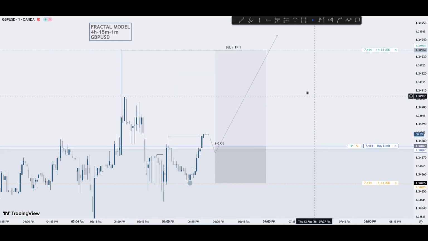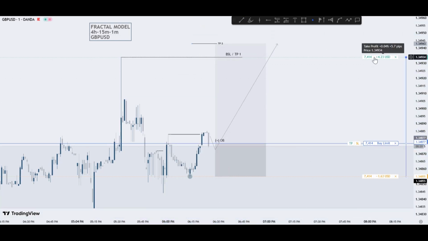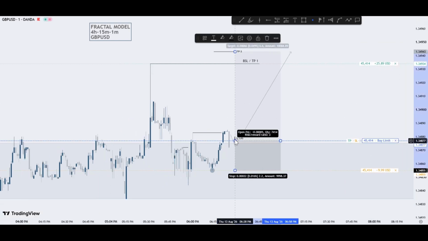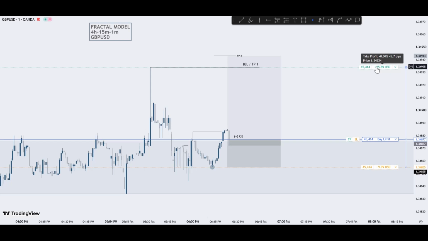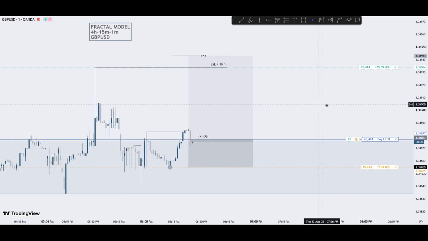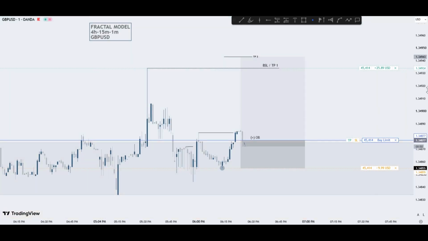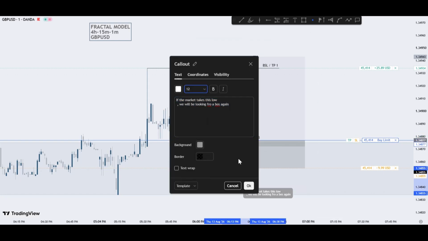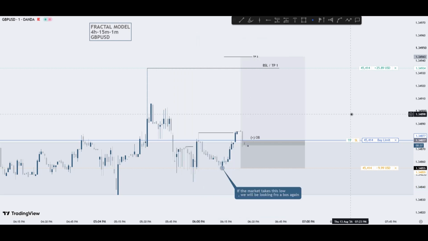After the liquidity sweep, we'll look for a change in state of delivery, followed by a clear break of structure. Once the structure confirms our direction, we'll identify the extreme order block, or the relevant entry zone. We'll then wait for price to retrace back into that area before entering the trade. Our stop loss will be placed beyond the invalidation point, while the take profit will be targeted at the next